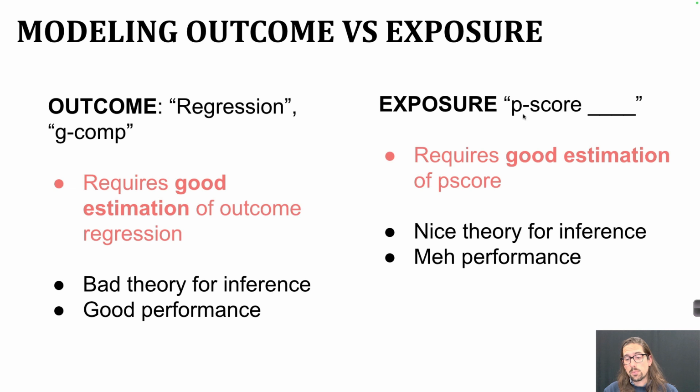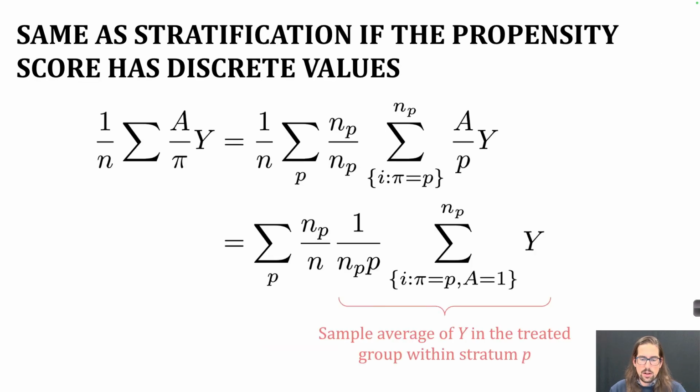Whereas for propensity score methods, sometimes, like with these weighting estimators, you can actually get some nice theory for inference. Things are IID. The math works out a bit more nicely, but even for the matching estimators, you can do this stuff, it's just kind of tricky. The performance, however, in practice is so-so, especially for the weighting estimators, because what you're doing here, if somebody has